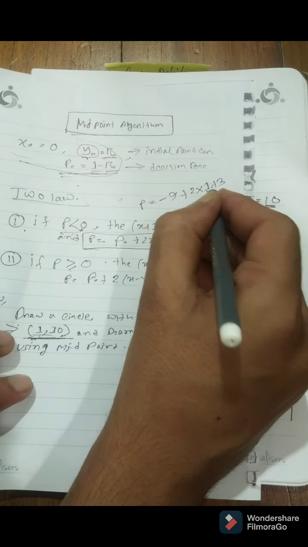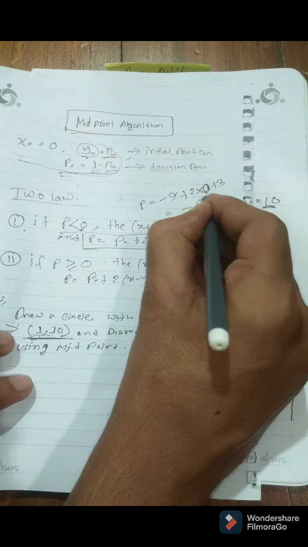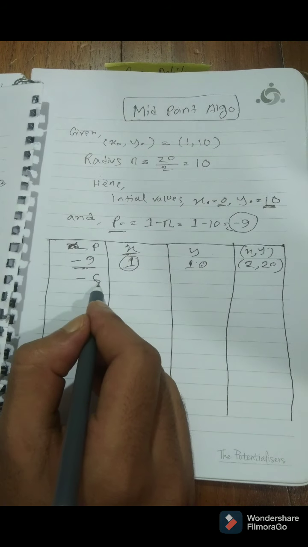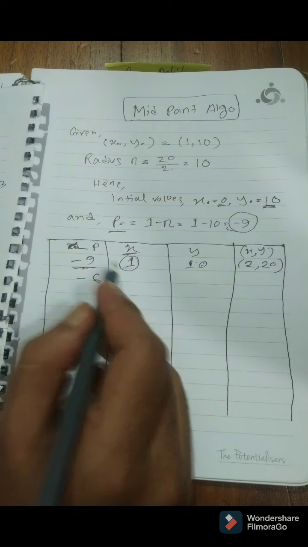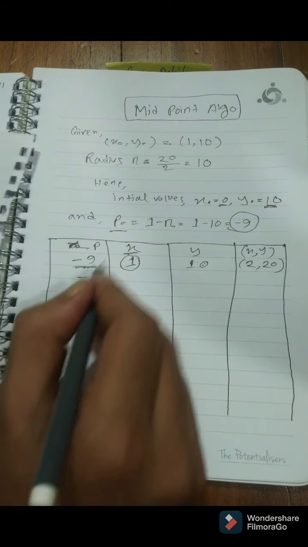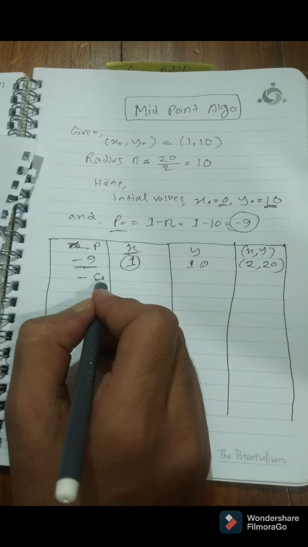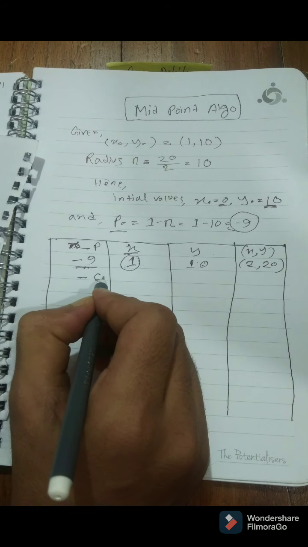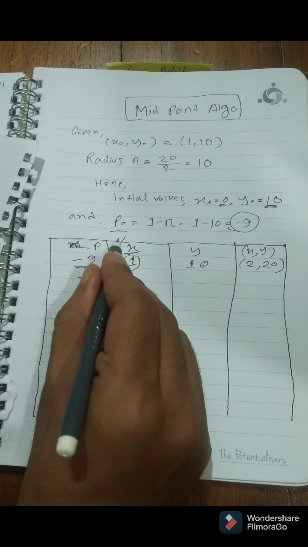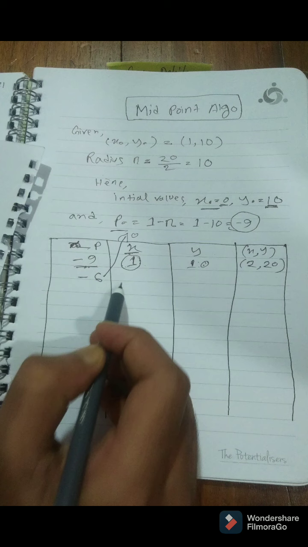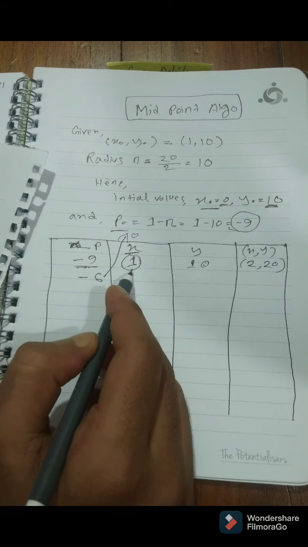Sorry, I made a mistake. Here x value will be 0. Why 0? You can ask a question. There is a 1. We know that we always take the previous value. So why was it 0? Yes, in this math we can take the previous value from the previous table. So we can't take this one. We should take 0 firstly because the initial x value was 0. So focus on this.